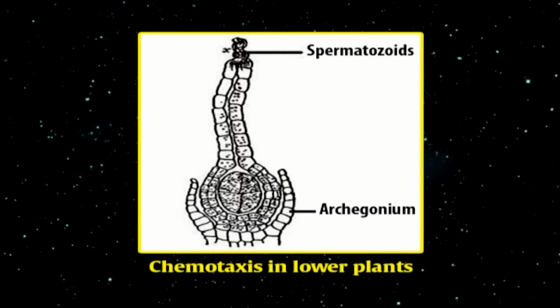Sensing the chemicals, the flagellated spermatozoids swim towards the archegonia, enter the neck canal cells and bring about fertilization. It is the presence of chemicals such as sucrose and malic acid inside the archegonium that attract the